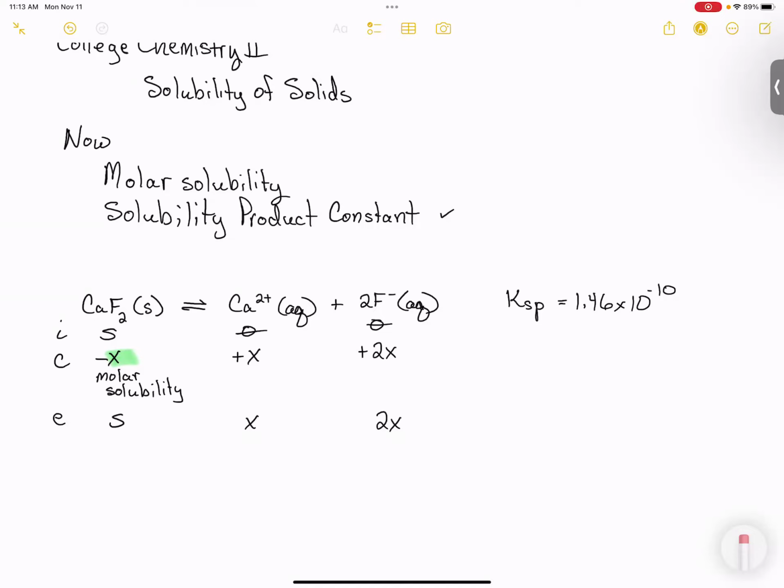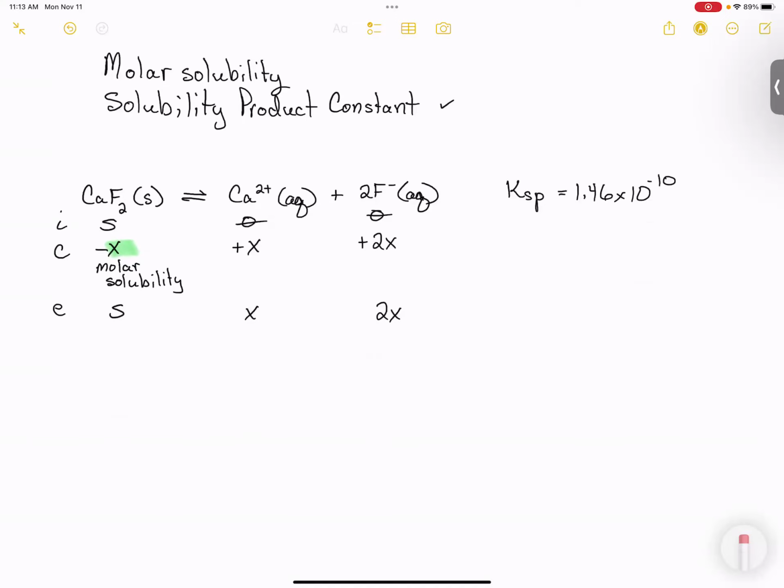When you're talking about an ionic compound, that's not going to be the case. You're going to have to pay attention to the coefficients to figure out the ratio in which it dissociates. So that is number 1 difference. Number 2 difference is